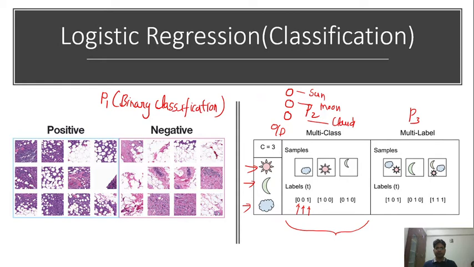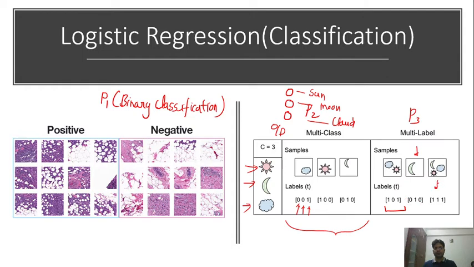Then there is another variety of classification, that is multi-label classification. In this case, there is no constraint that only one class will be present. It is possible that more than one class is present. In this example, it has cloud as well as sun, so your label will be 101. This particular picture has only moon, so it is 010.